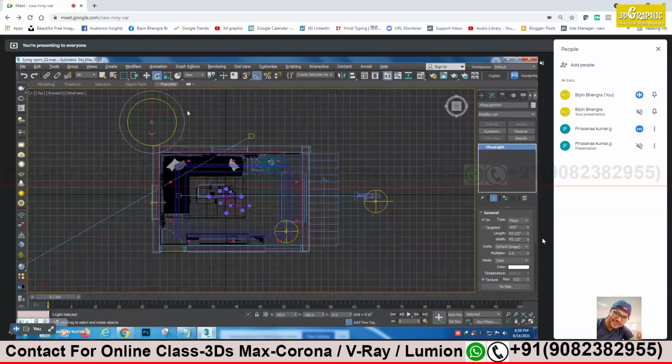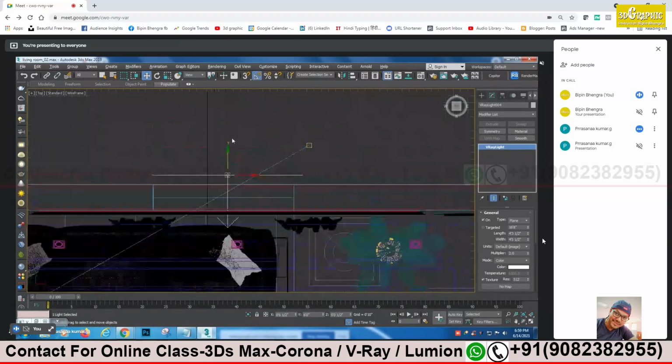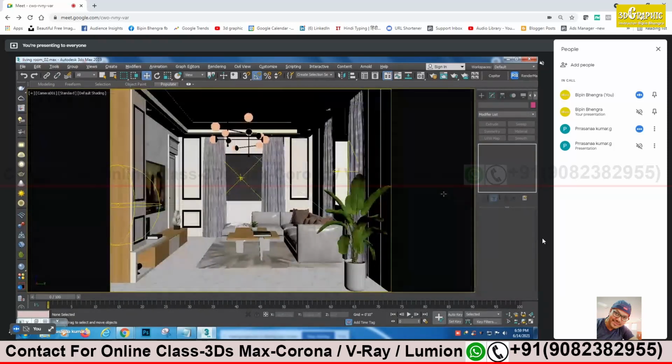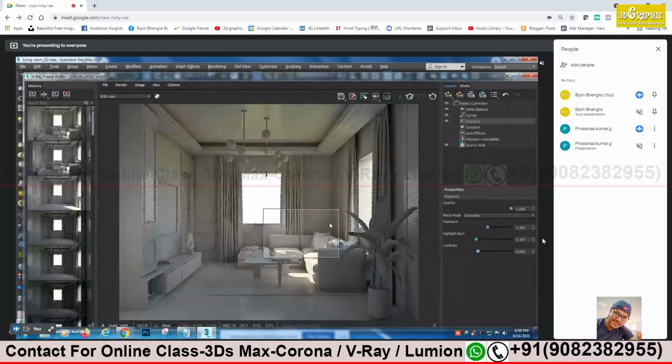And one more thing, always remember, if something goes wrong and you are not understanding why there's not proper light, or why there's so much darkness or so much brightness, just turn off all the lights. Do not delete the lights, just turn them off, and then gradually turn on one light, take a test render, and see which light is causing the problem. That's why here also you see I did it one light at a time, so that we can see how much each light is contributing to our scene.